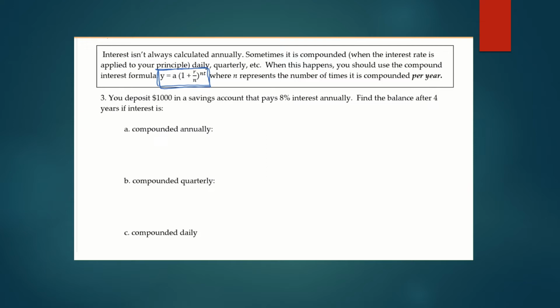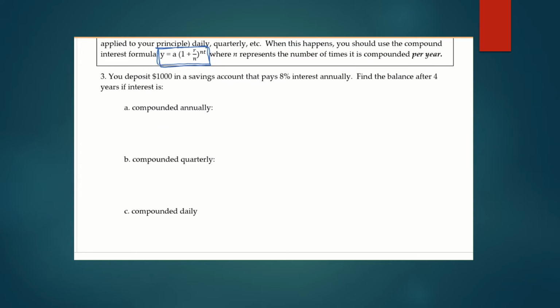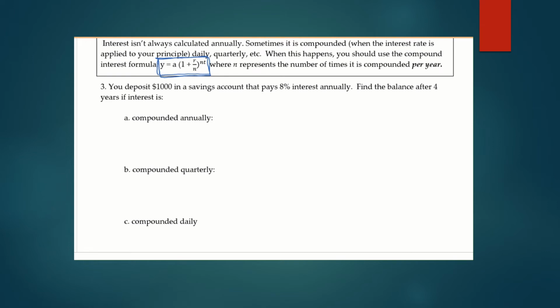So you deposit $1,000 in a savings account that pays 8% interest annually. Find the balance after 4 years if interest is compounded annually, compounded quarterly, or compounded daily. Okay. So let's first just pick out some key things that we have here. The first thing is we have our deposit of $1,000. This is going to be our A value. Next, we know that it pays 8%